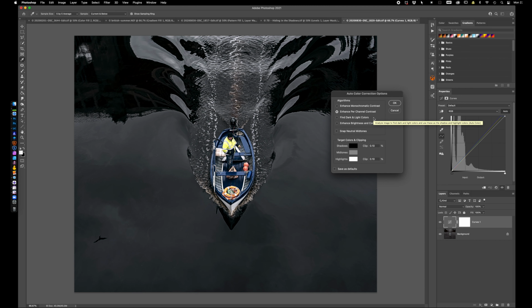And find dark and light colours. That analyses the picture and finds the darkest and light colour, and it uses them in the curve to adjust the shadows. Now in this particular picture there isn't a massive difference. You can see some of these lines slightly moving. There isn't a massive difference because of just how the picture is, but it's worth